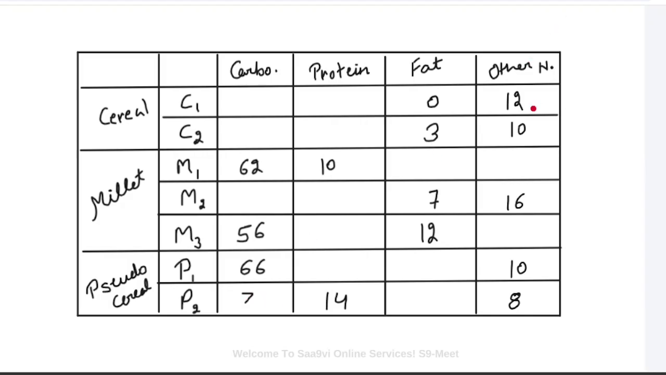Let's change the color so that will be easy to understand. This has to be greater than millet, this has to be less than P, and this has to be less than P. The next information that they say,